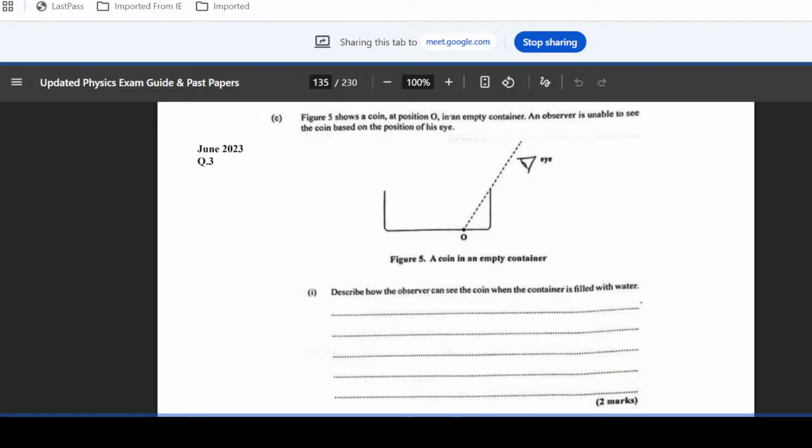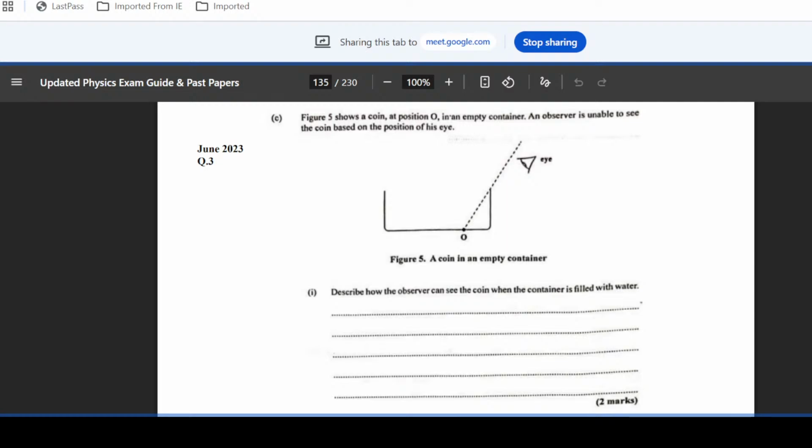So once it's now filled with water, the line that you're seeing is not going to be straight. Yes, go ahead. Isn't it refraction and reflection? It's refraction. So we know light travels in a straight line. In the first image there's no change of medium. But if you add water to the container now,